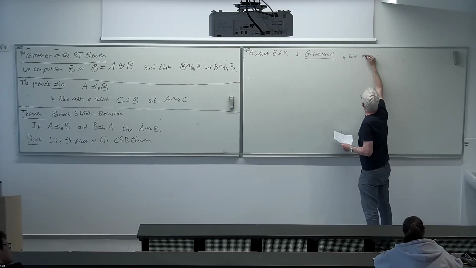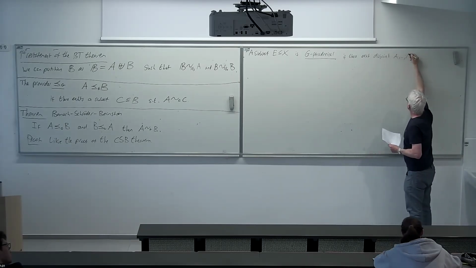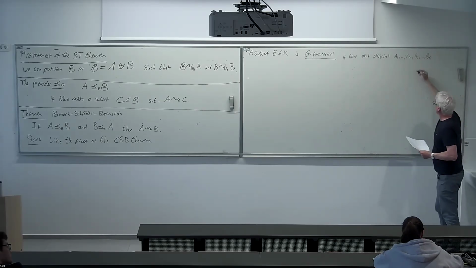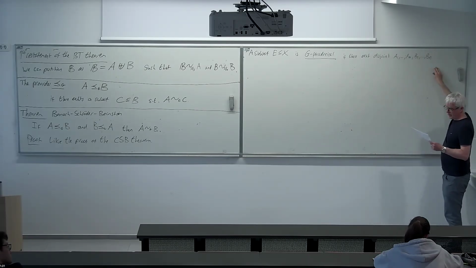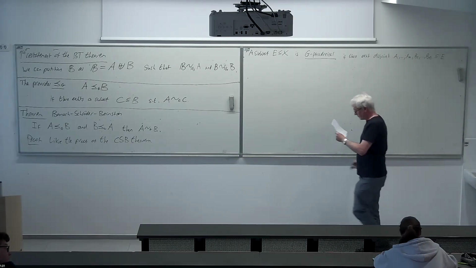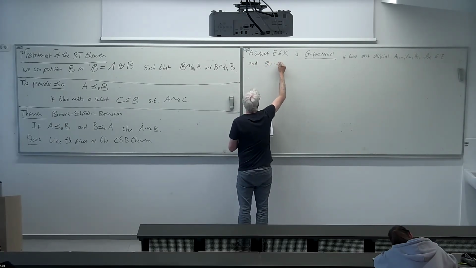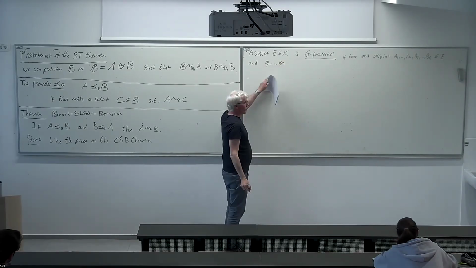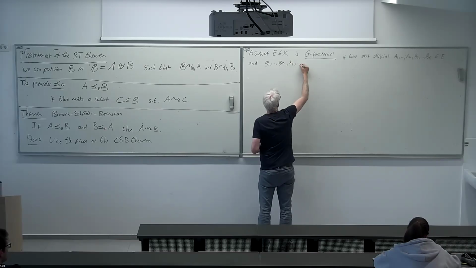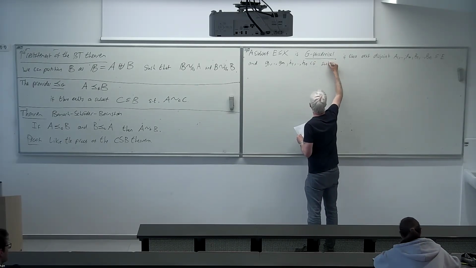So if there exist disjoint A1 to AN and B1 to BN, so like in our original statement we don't have a different N and M, these are subsets of E. And group elements, so the G1 to GM are like our thetas, and the H1 to HN are like our phis from the original theorem, the group elements such that